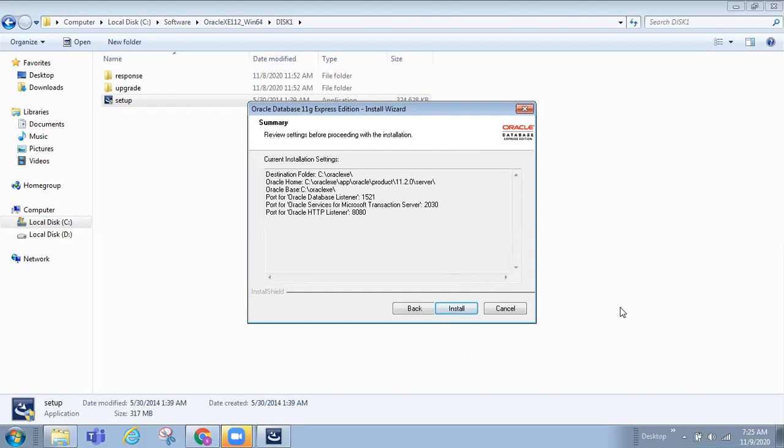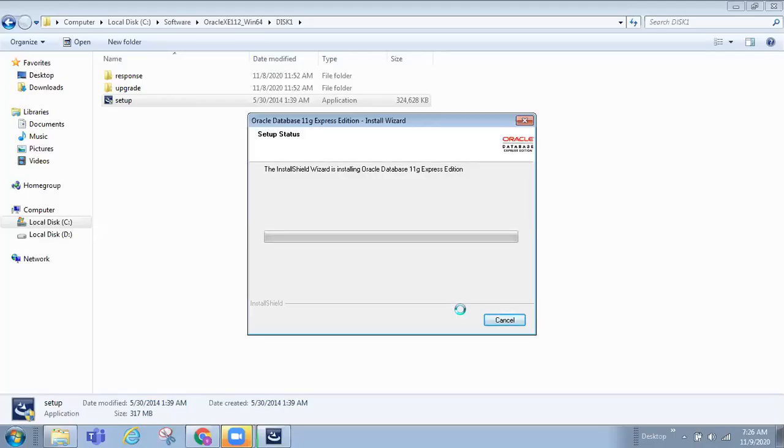Now hold on. Here we require these details, and these details will be utilized while we install the Informatica. So take a picture of the same from your mobile, and now click on install. Now you can see the installation has begun. After some time you will get the notification that installation has been successful. Then we have to do the installation for the SQL developer.